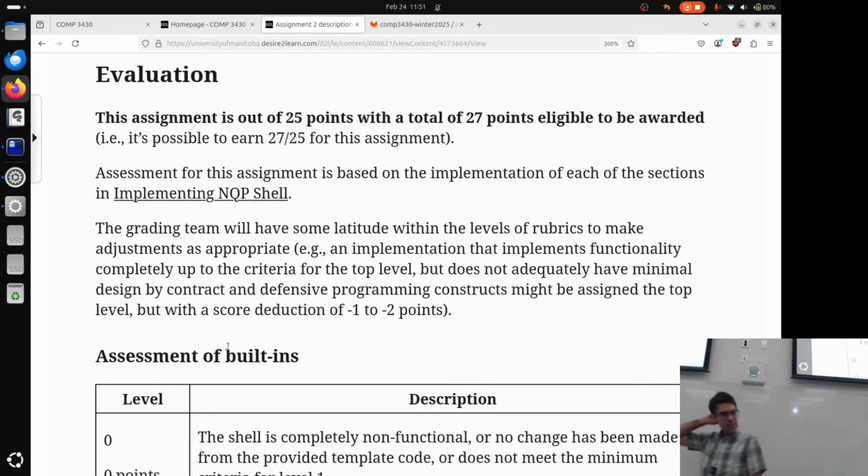For the evaluation of this assignment, there's 25 total points, and I have a little bonus for this one if you want to work with the bonus. So there's a total of 27 points eligible to be awarded. Bonus points work such that within a category, so within assignments, for example, you can get more than 100% on one item, and that will just be redistributed to other items in that same category. You can't get more than 100% in the course. Unfortunately, the university doesn't grant A++, despite what my grade 3 teacher told me in science class. So if you get to that point, it gets redistributed around the other assignments.